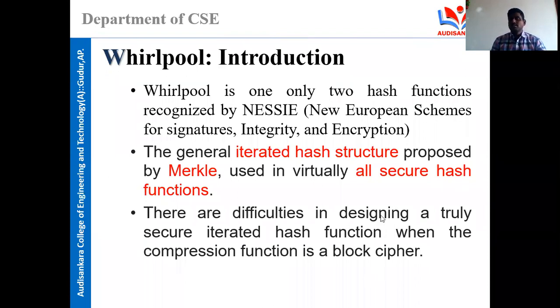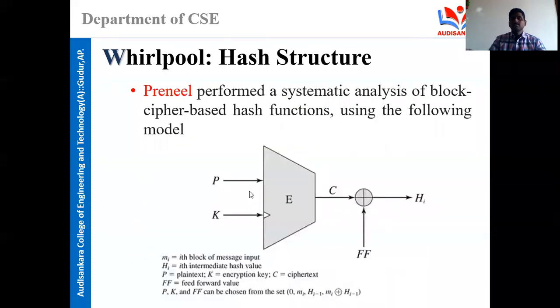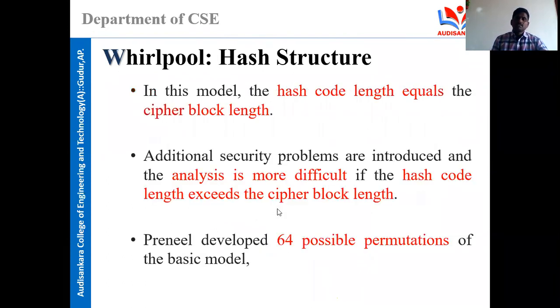The general iterated hash structure was proposed by Merkle, but there are some difficulties in his design. Then Mr. Preneel proposed a model, and he performed a systematic analysis of block cipher based hash functions using this model. So in this model,